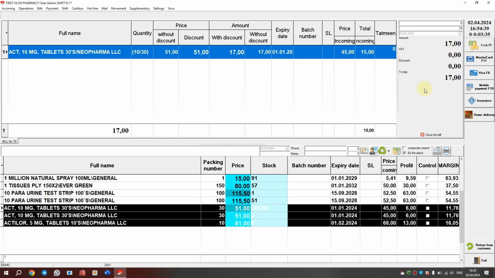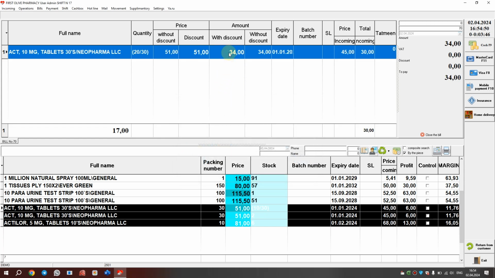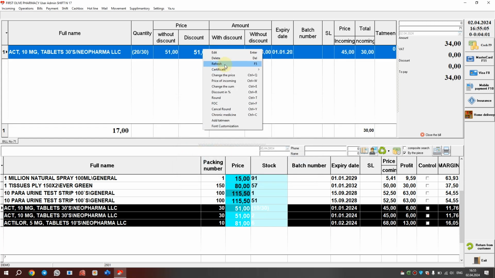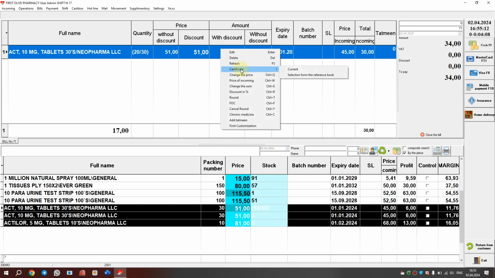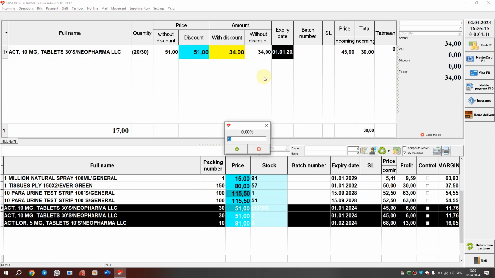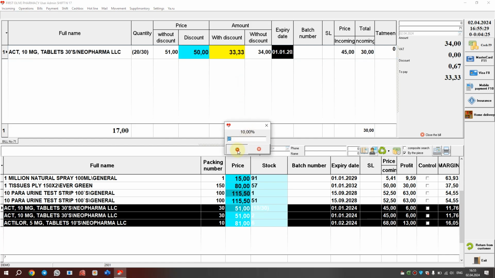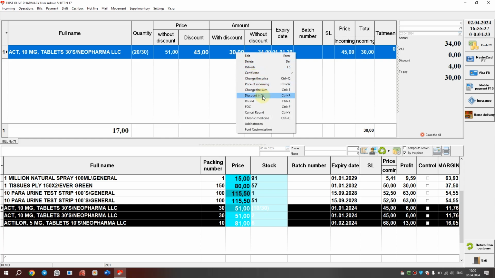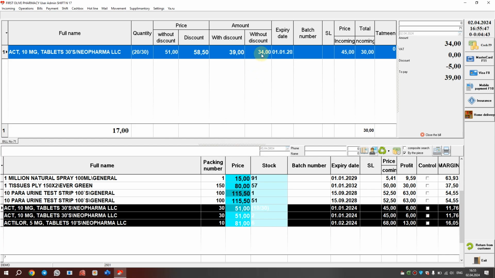The following functions are also implemented here when you click the right mouse button: Edit or Enter to change the quantity of sold goods, Delete to remove goods from the bill, Refresh or F5 to update product data, Certificate to print the certificate, Change the price or Ctrl plus Q to change the sales price of the selected product, Price of incoming or Ctrl plus Y to replace the sales price of the selected product with the incoming price, Change the sum or Ctrl plus E to change the sales amount of the selected product,